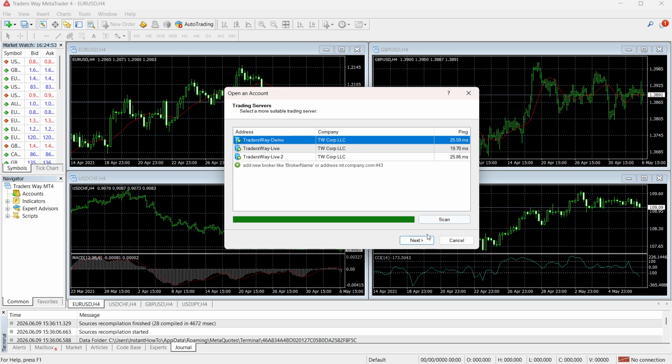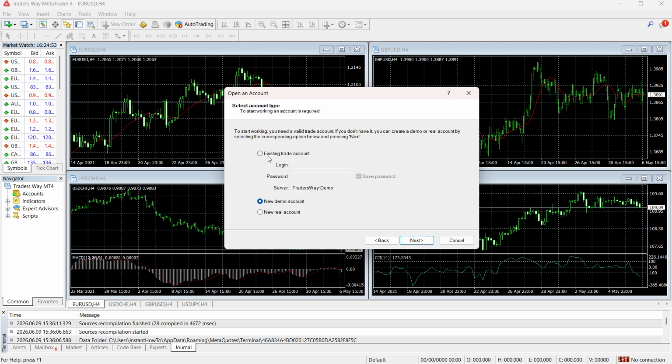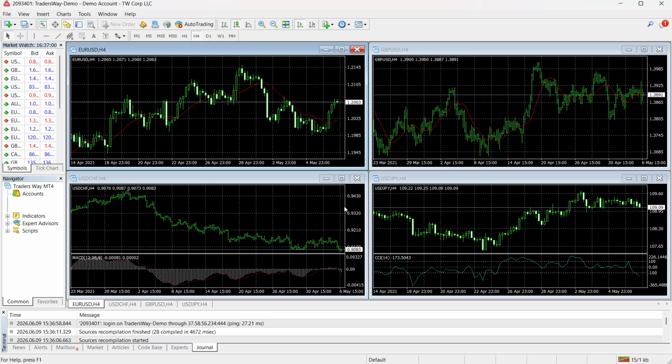So select demo, and you can click on next over here, and then you can do existing trade account, and you have to basically type in your account number over here, which I showed you where to find earlier, and then you also need your password. So the password is going to be provided when you actually open your account. If you forgot it, again, you can change it on the page you were able to see earlier. So from here, I'm going to save the password and click on finish, and this is going to connect,